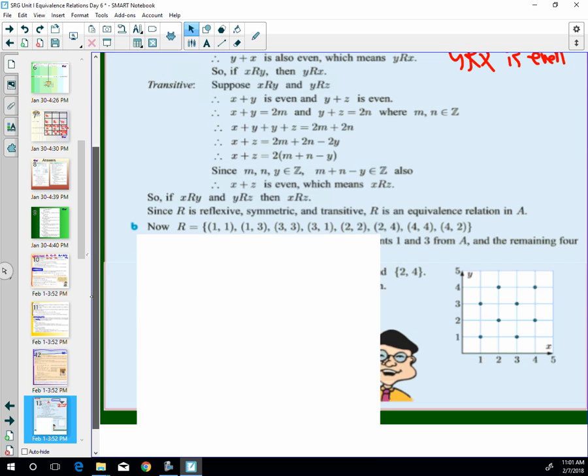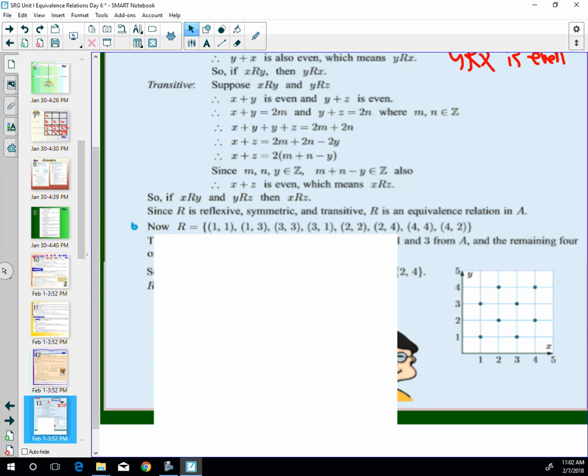So they listed them all out here: 1,1; 1,3; 3,3; 3,1; 2,2; 2,4; 4,4; and 4,2. Does that seem reasonable? Because they're all even. Yeah. So with set A is 1, 2, 3, 4,